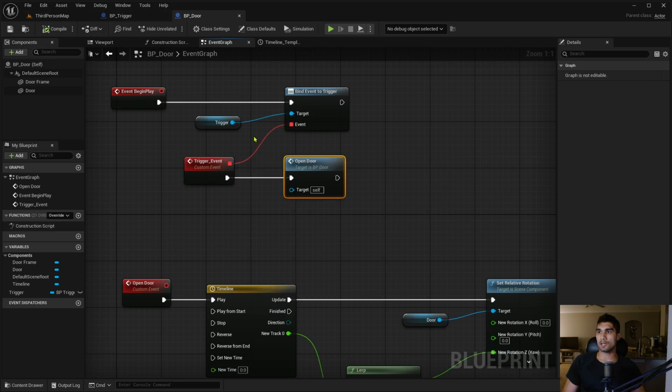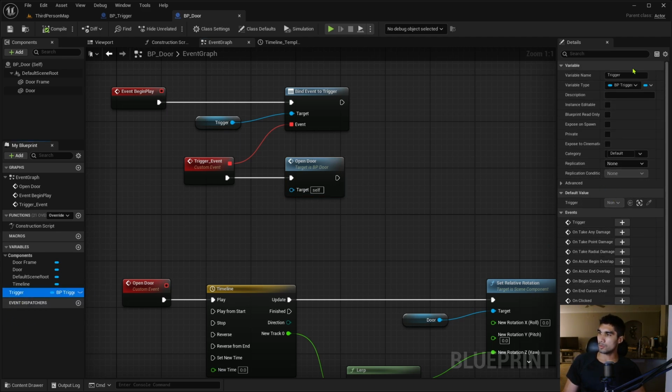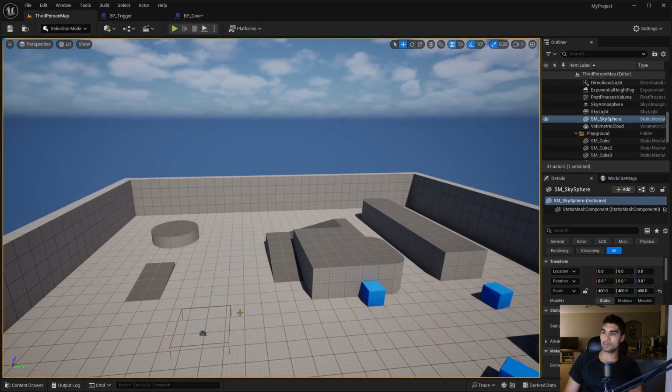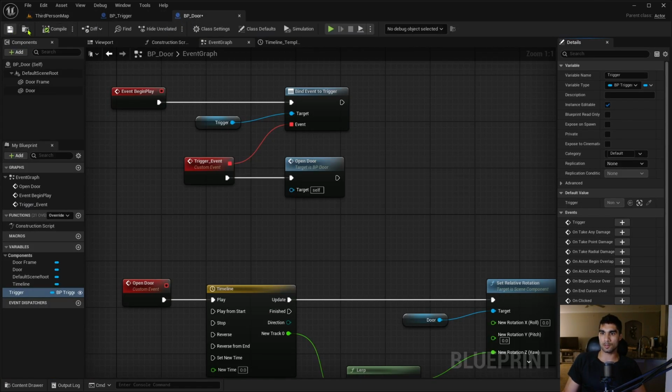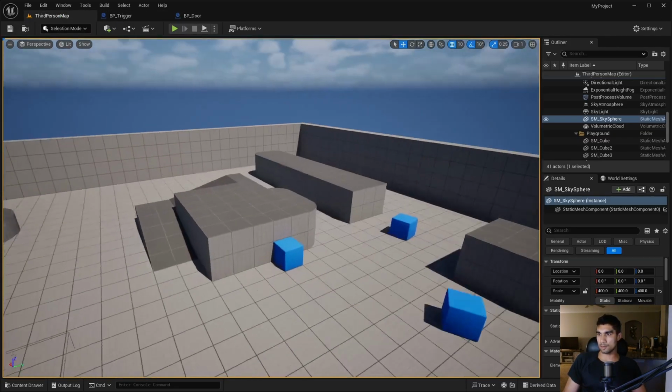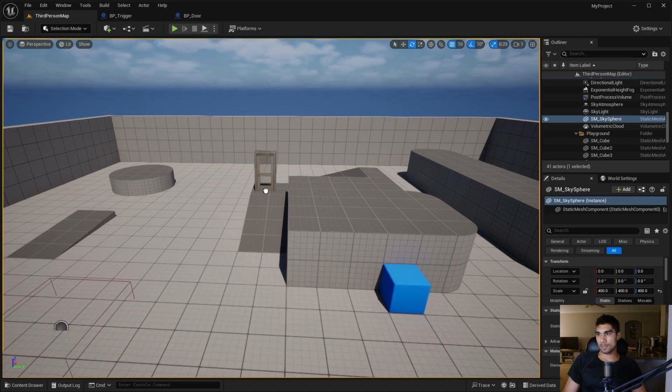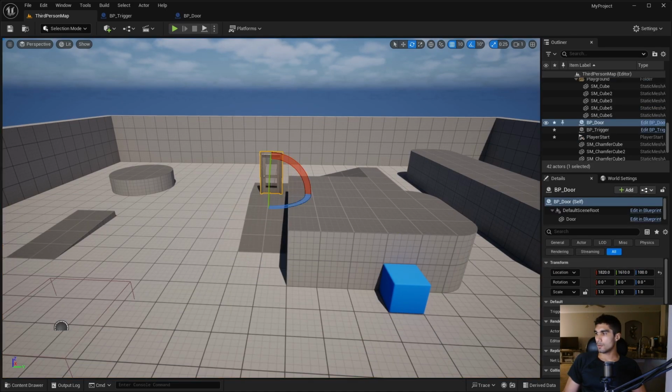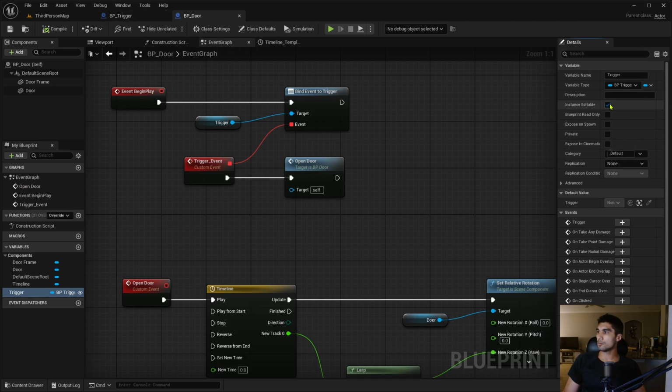Simple as that. Oh, I forgot to do this. So maybe I shouldn't have showed this yet, but if you don't click instance editable, you're not going to be able to edit it within the third person map here. And you're going to see it while I click on the door. Actually, I think I'm done with this. So let me go back outside here. And when I drag this door in here, you can now see this trigger, but if I didn't hit instance editable here, so I can uncheck this,